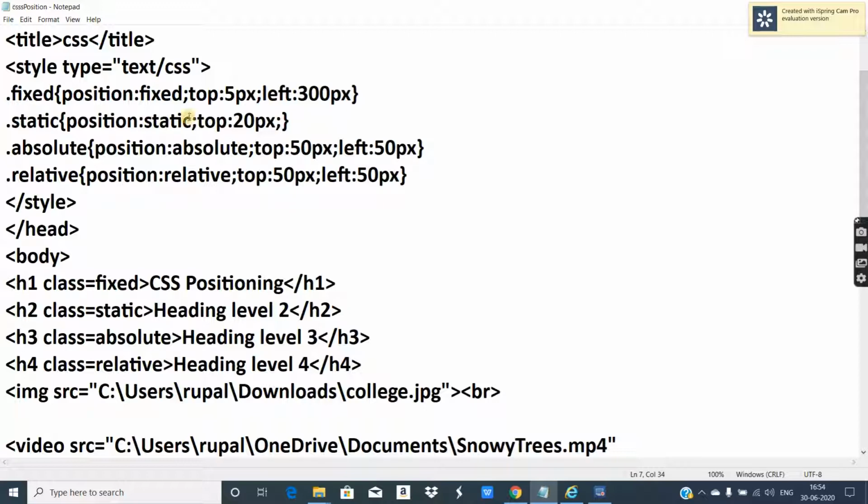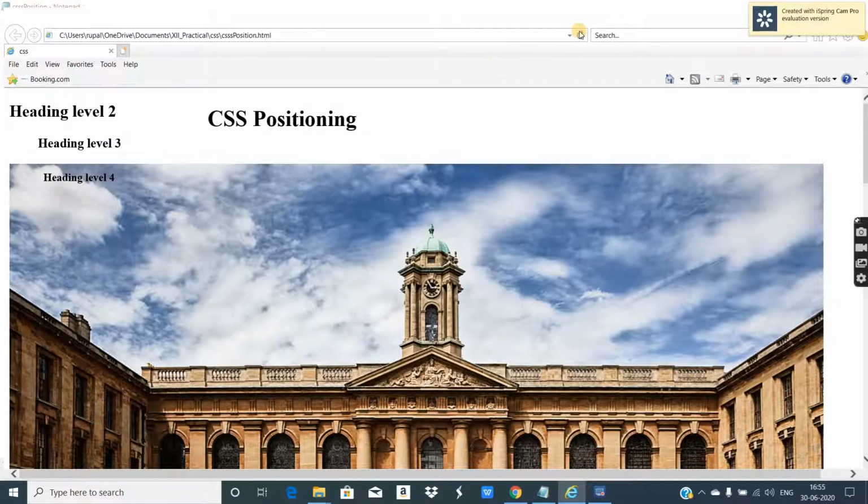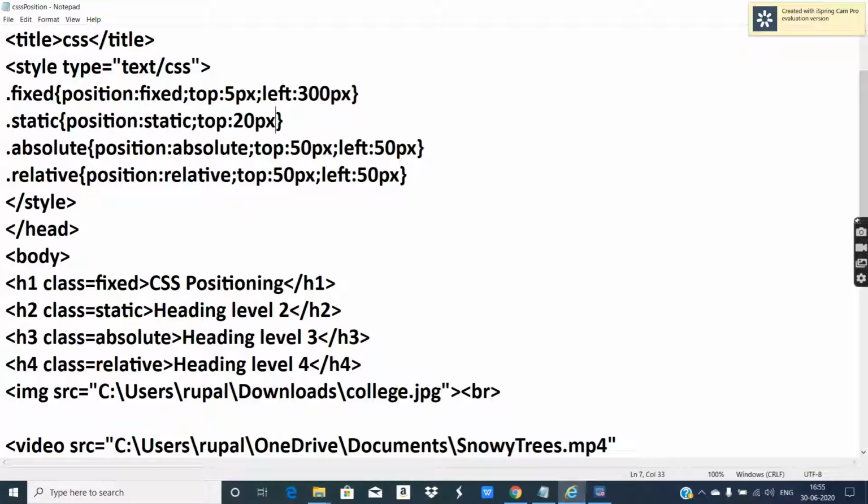From left I am not giving anything. Let's see, and I will refresh. What is the text? Heading level 2. So this text must shift somewhere. Here is the text, heading level 2, and I will refresh now. Did it change? I don't see any change as such.